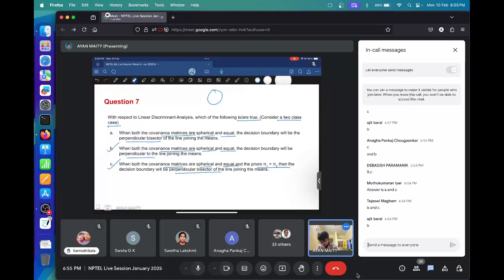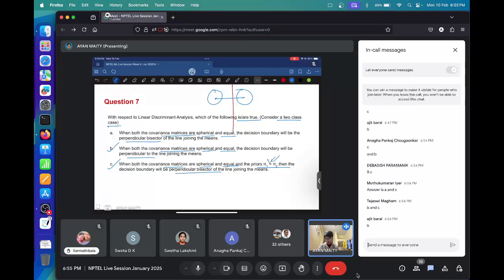This is the line segment joining the two means. The decision boundary would certainly be perpendicular to it, but whether it will be the perpendicular bisector or not, that is whether it goes through the midpoint of the line segment joining the two centers or not, depends on the prior values. Which is covered in option C,